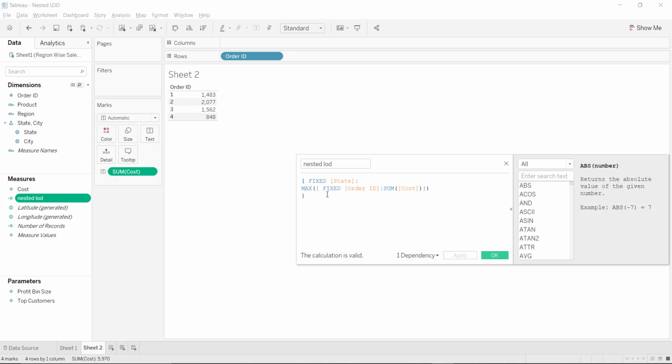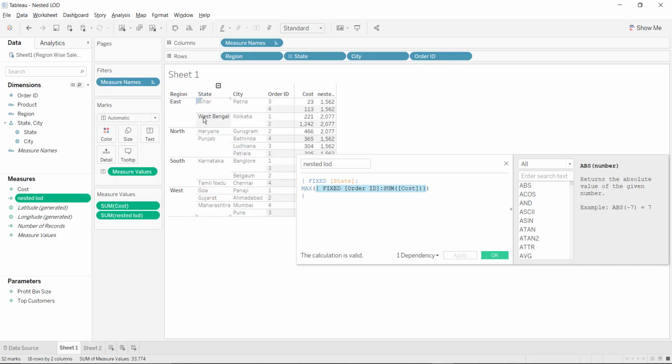If you observe, what we are doing is fixing at the level of order ID and finding the sum of cost, and out of that we are finding the max value at the level of state.